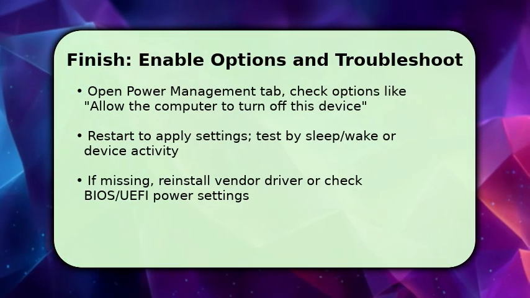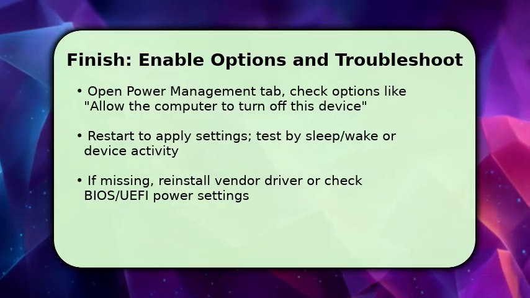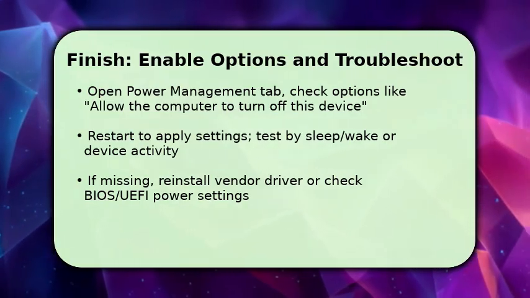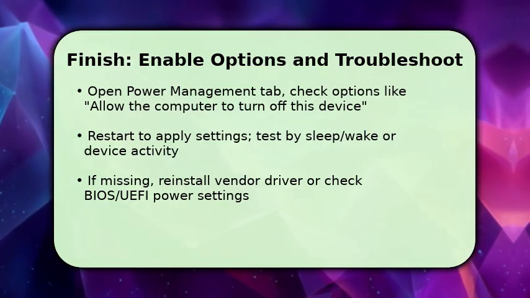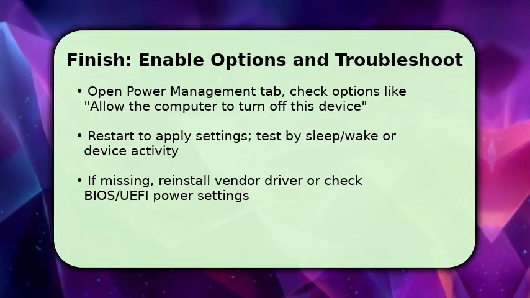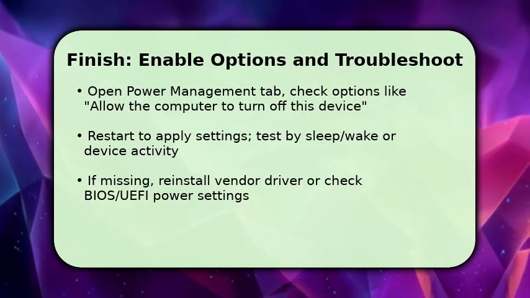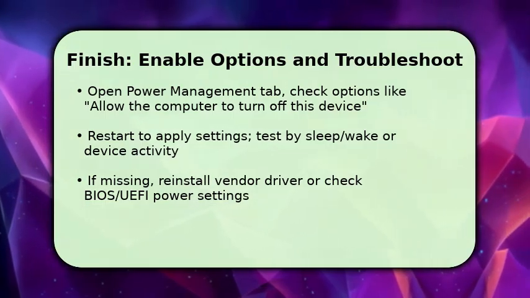Finally, open the newly visible Power Management tab and enable the relevant boxes, such as allow the computer to turn off this device to save power. Click OK. Restart Windows to ensure settings take effect, then test by putting the system to sleep or observing device